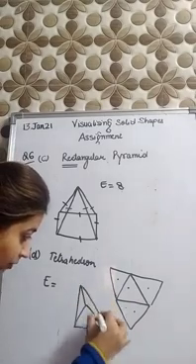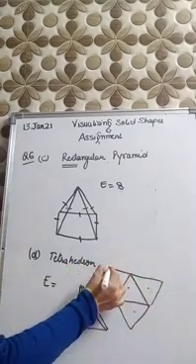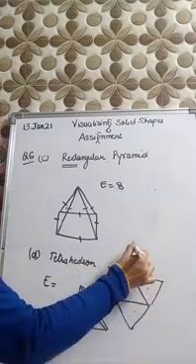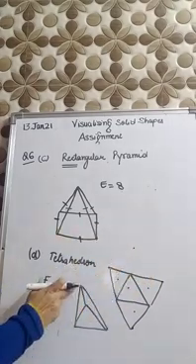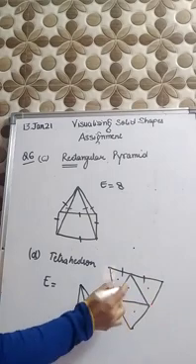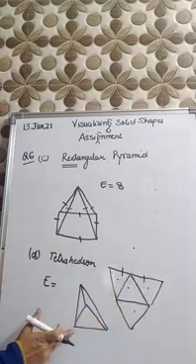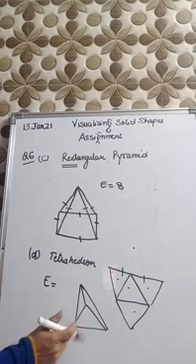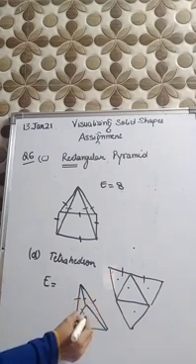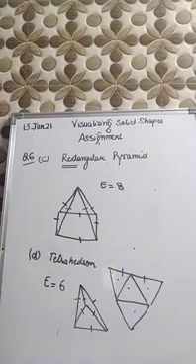Now count the number of edges, because if you join all these vertices here, they will join at one single point, that is this common vertex, and these edges will combine with one another. So you can't count the number of edges from this net, you have to count the number of edges from this figure. Now 1, 2, 3, 4, 5 and 6. So number of edges are your 6.